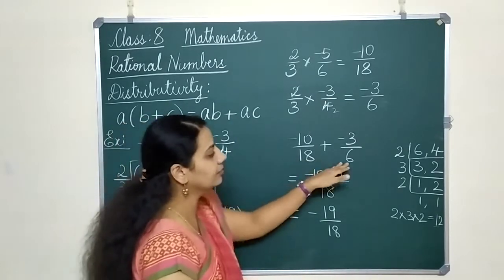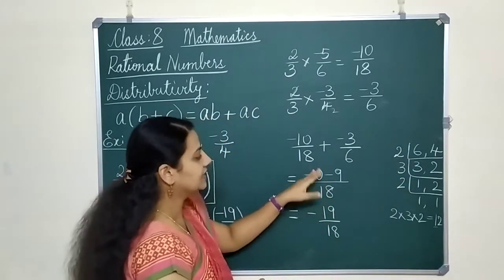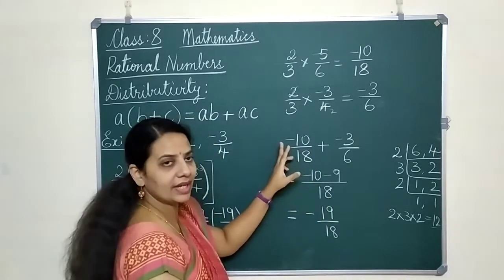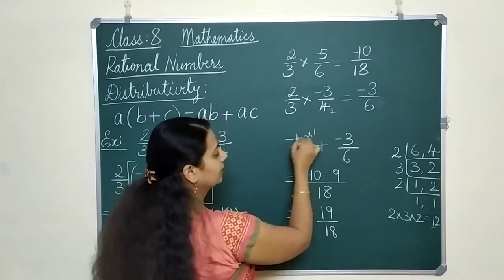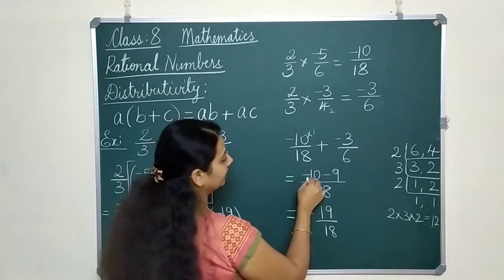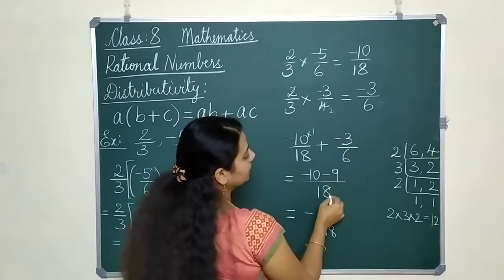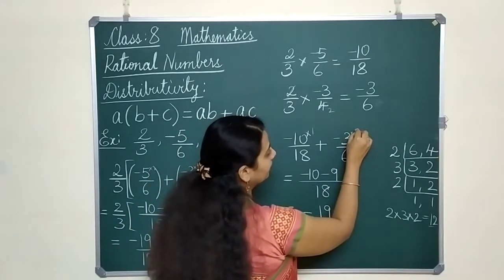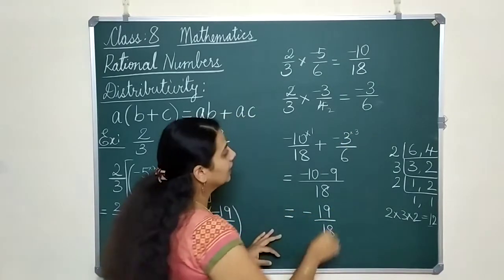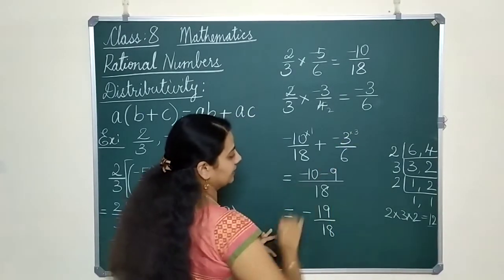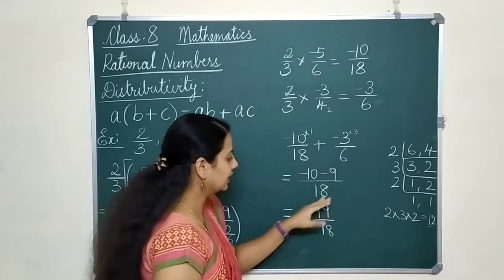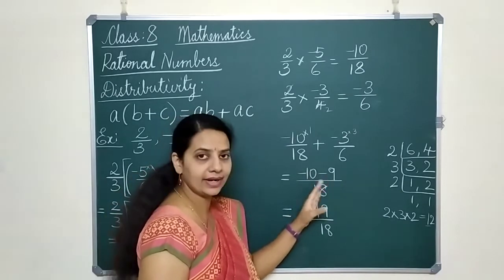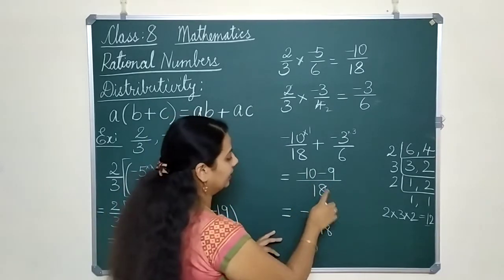Again you have to take the LCM the same way. The LCM will be 18 itself. So 18, how many times does it go? 1 time. So multiply this numerator by 1. It gives the same answer, minus 10. And then here 6 goes 3 times in 18. 3 times. So you have to multiply this numerator by 3. So 3 3s are 9, minus 9 as it is. So minus 10 minus 9 gives you minus 19. Remember the signs are the same, so you have to add and keep the sign. And then 18 as it is.